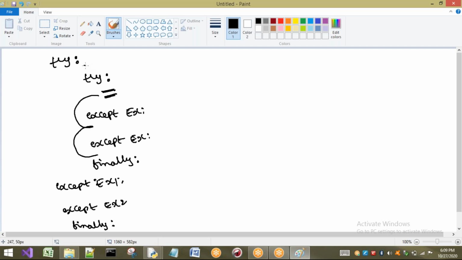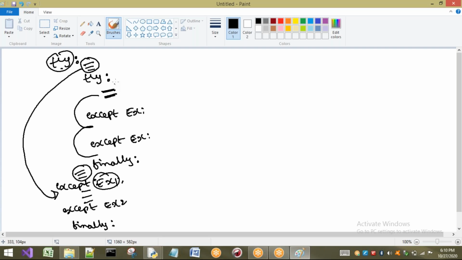For example, here I have written some statements, and here I have written some statements. These statements belong to whom? The outer try. These statements belong to whom? The outer try. So whenever there is a chance of getting an exception in the outer try, the control jumps out here. It will go to this except block, not to this except block. If it is the corresponding except block for this exception, it will handle it. If not, it will go to the next except block, and so on. So this is about the basics of the try block and nested try.